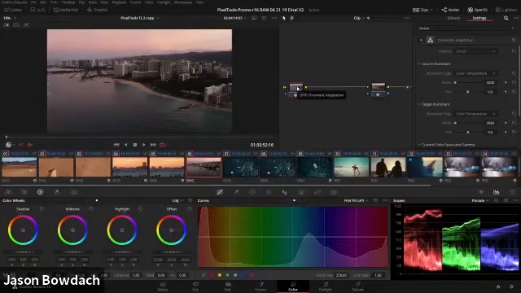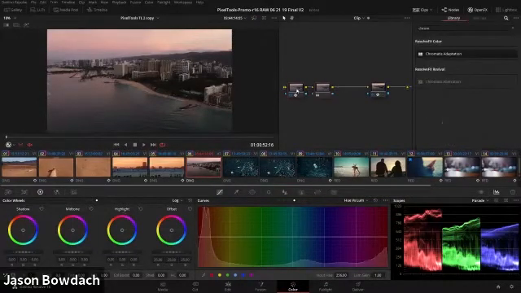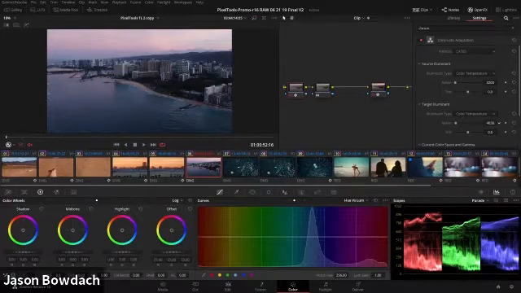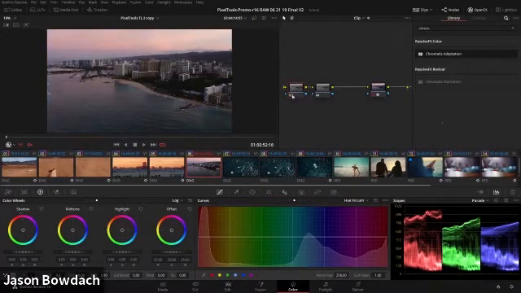Now, I'm going to add another node here because I'm not quite done yet. Now, I don't really like that. That's too, I want a little bit cooler. Now, I'm not quite liking that. So what I'm going to do is get rid of that. And you're going to see me do something that a lot of colorists do, but you don't see it very often, and it's trying different ways to grade a clip. So I didn't like what that was doing, so now I'm going to try color balancing a different way.